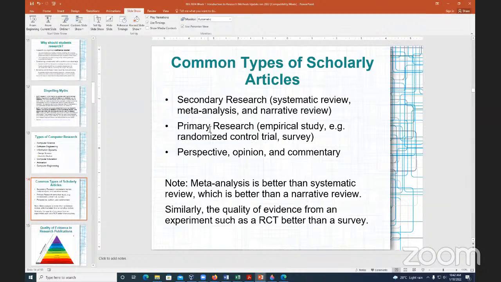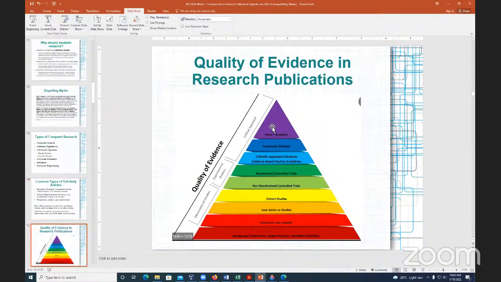There are different kinds of studies, and generally speaking, the gold standard is the experimental study, of which the randomized control trial is the best type. Depending on the type of experimental study depends the level of confidence we have in making generalizations. So the quality of evidence is important, and therefore we have this diagram. Meta-analysis is more important than systematic review. These are articles that are basically appraising papers that already exist.